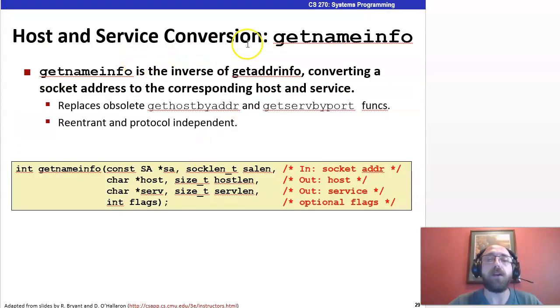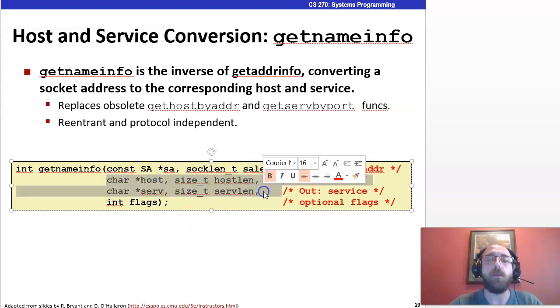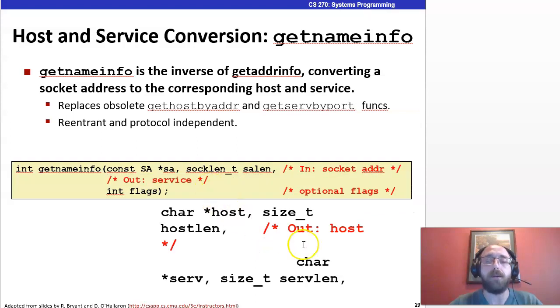Then there is something called getnameinfo, which is the reverse of that. We give it a struct sockaddr and some additional information associated with that. In particular, it needs to know the length of that sockaddr because some types of address like IPv6 are bigger than a plain struct sockaddr. And it will give us back some